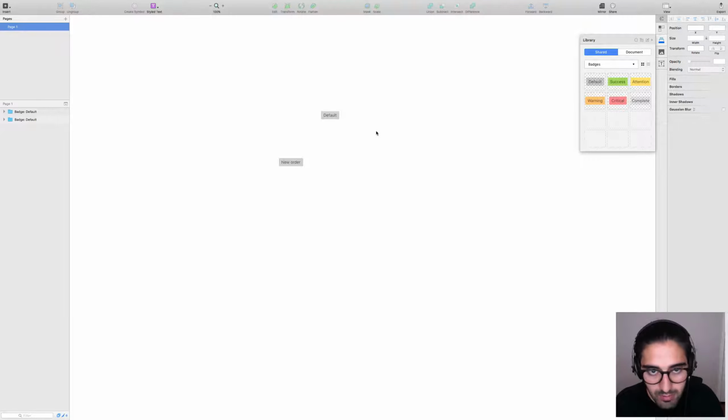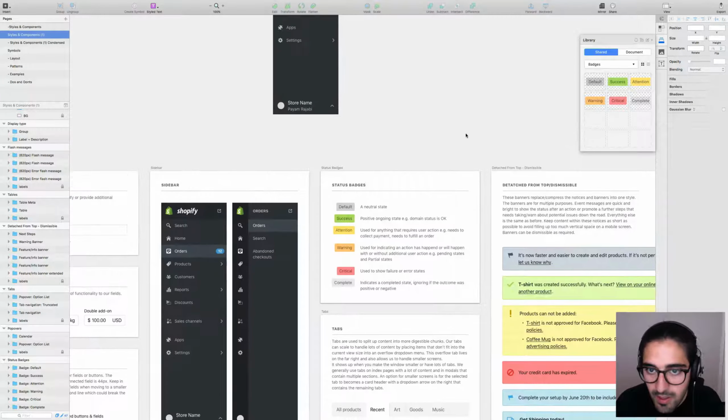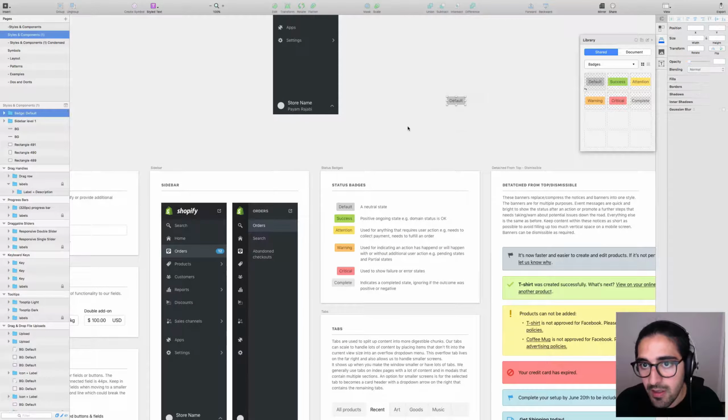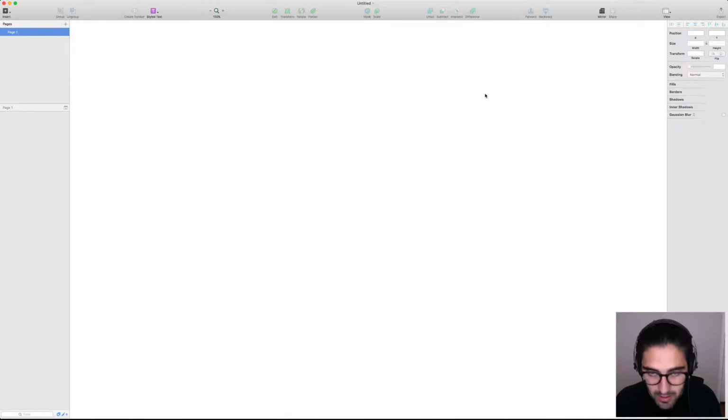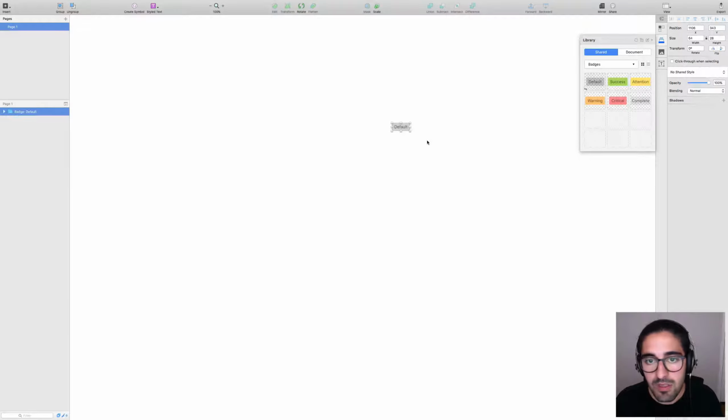Let's go close this again. Oh, very interesting. So you could, new updates, sync all. I'm just going to sync all. Now I wonder what would happen if I use an instance of this here. And if I use an instance of this here, create a new file, and use an instance of this here,